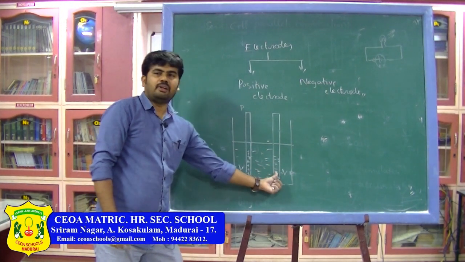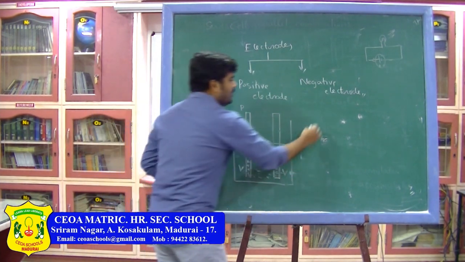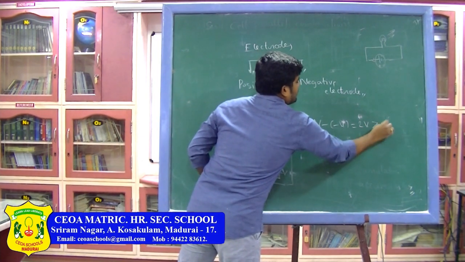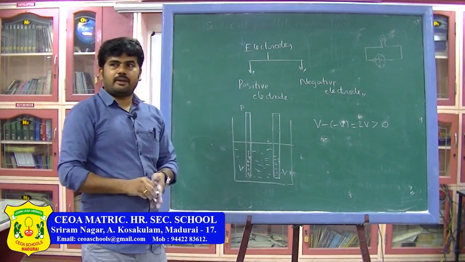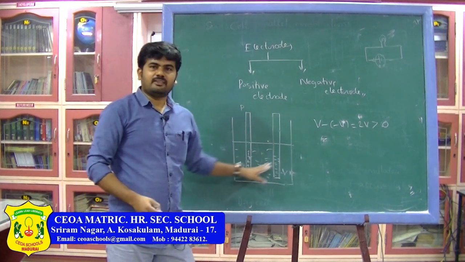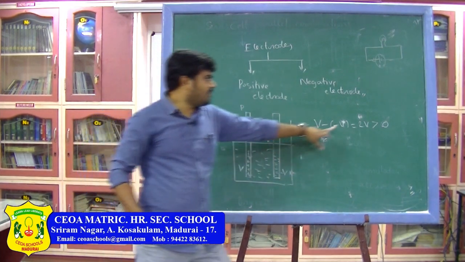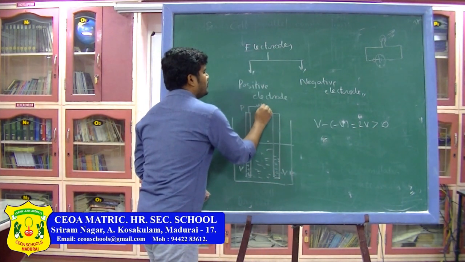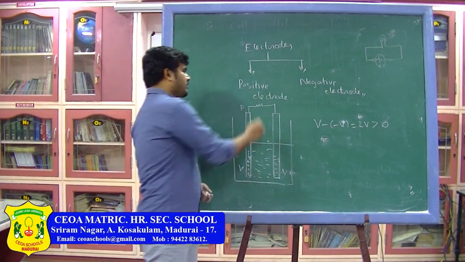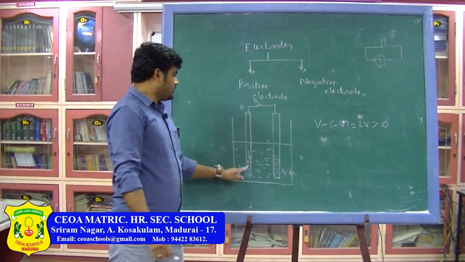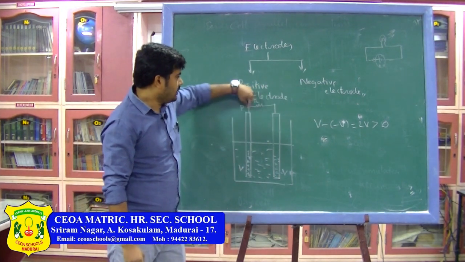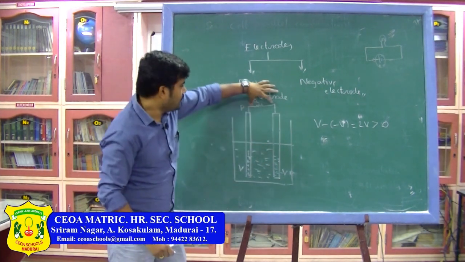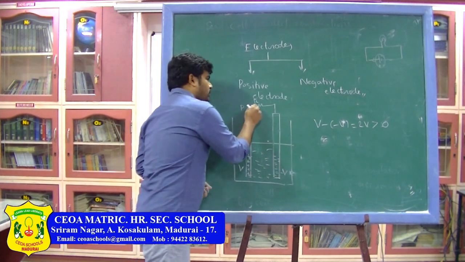Now if we take the potential difference between these two electrodes, that will be V minus of minus V, that is equal to 2V, which is greater than 0, means some positive potential difference is created due to the process called electrolysis. So now these two rods are having some positive potential difference. Now if you connect some external resistor between these two electrodes, say a resistance R is connected. If there is no connection of resistor, there is no electric current flow in the circuit. Now when you connect this resistor, current will start flowing in the circuit.